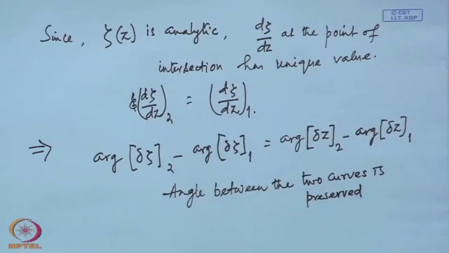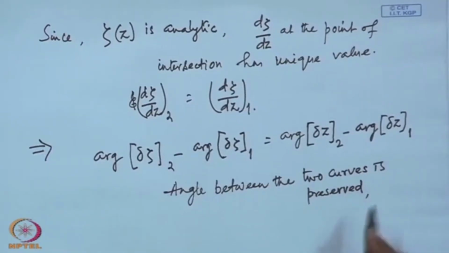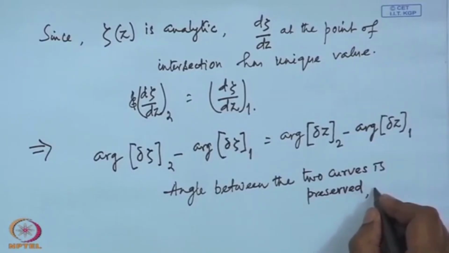However, there is one exception. In the particular case, if d zeta dz becomes 0, that is, the function is analytic there, but somehow d zeta dz becomes 0, then of course, you cannot find its argument. So, we can put it that, except